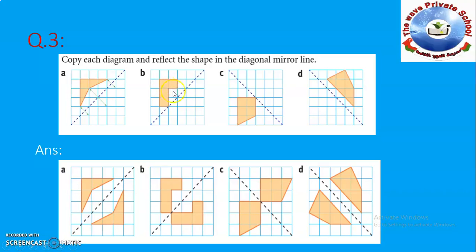In the B part, as you can see here, it covers 2 blocks, but when it goes downside, it covers 3 blocks. So just draw the arrow starting from here. It goes 1 block away and it will be here. Starting from here, draw the arrow, so you can start your shape from here. But see that here it touches the symmetry line, so its image will be the same like that. Half block away and here half block away, from here 1 block away. So just draw the arrow same like that. In this way you will easily make the reflection of this shape.